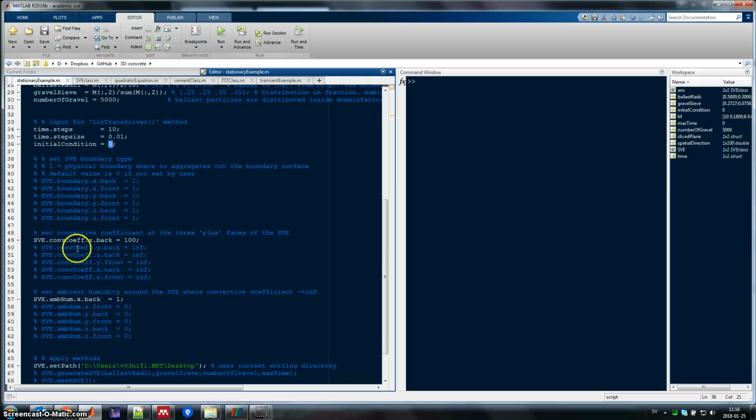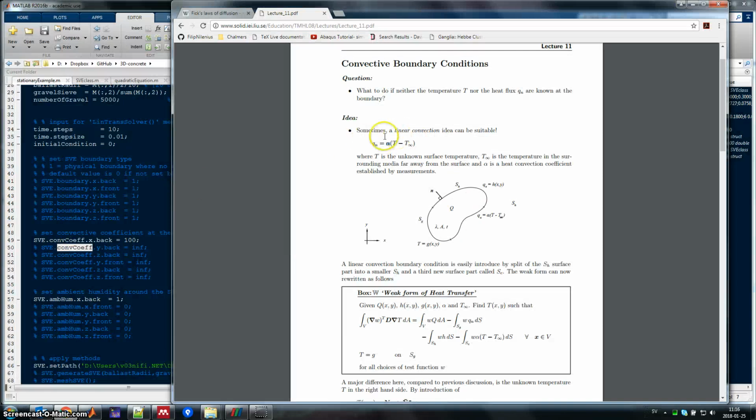And then you have all of these properties that you will have to set. So this is convective coefficient, that's what this is short for, and this corresponds to this alpha parameter here. You can think of this as the resistance, like a surface resistance. And you can set these on each of the SV sides. So here the notation is you have x dot back, and then you have correspondingly